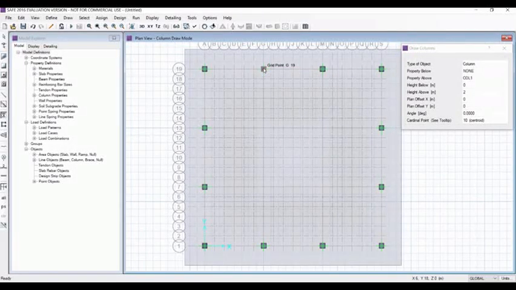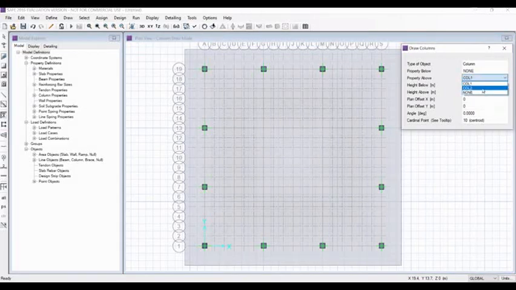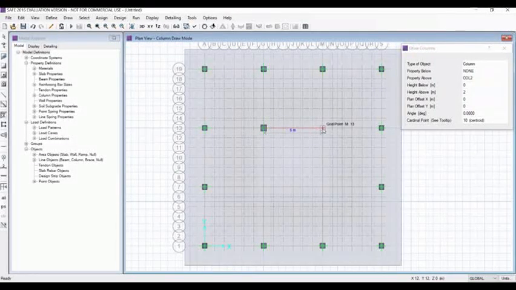And this is done. Now for this we have to change column to column 2, and the sections are defined earlier. So it will be here, here, here, and here. And all the drawing of the columns is done.